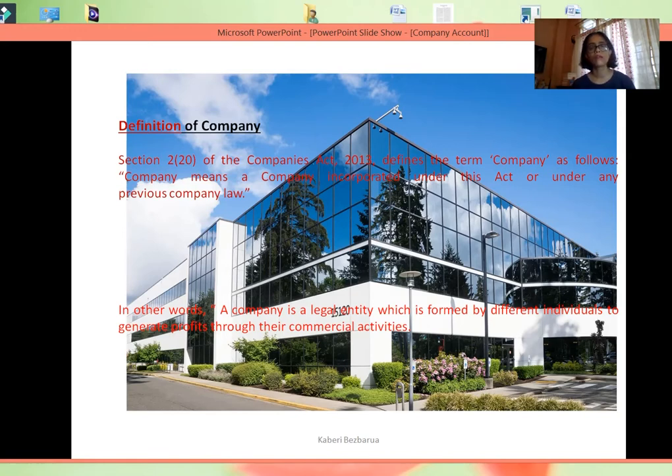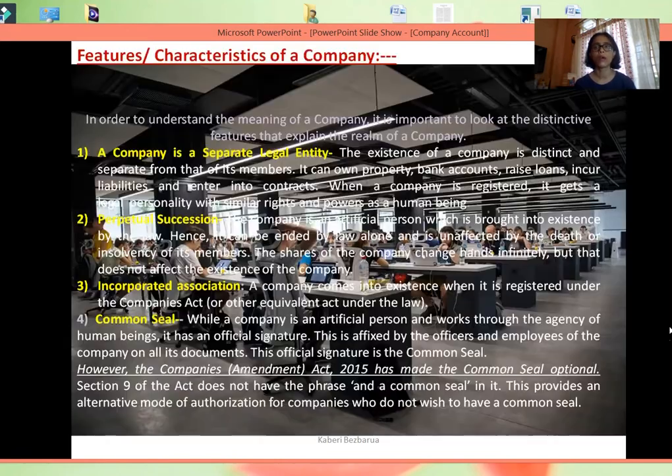As you all know, you have other forms of business also, sole proprietorship, partnership. So this is another form of doing business. But why it has come into existence is that in case of sole proprietorship and partnership, there was a problem to expand the business because of limited managerial capabilities, limited capital available. But on the other hand, the liability of all the owners or the partners was unlimited. To overcome such kind of difficulties, we have a company form of business for doing your business.